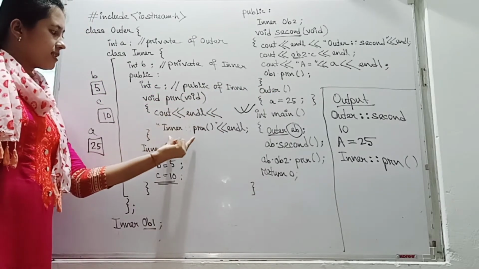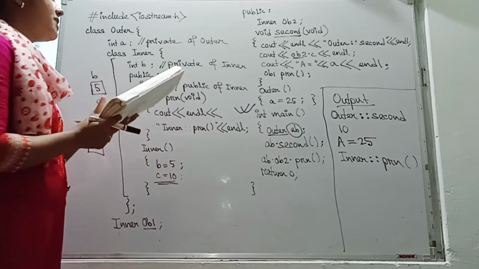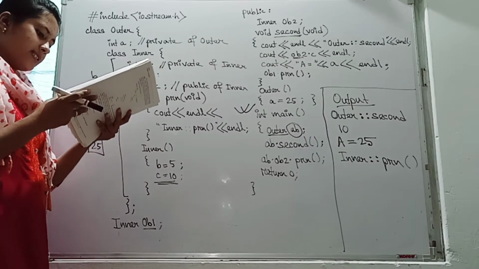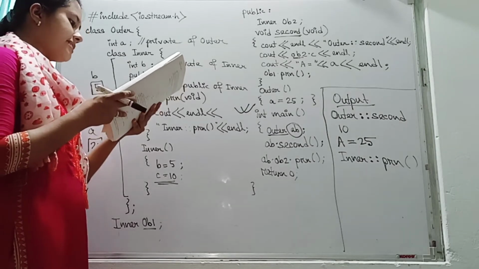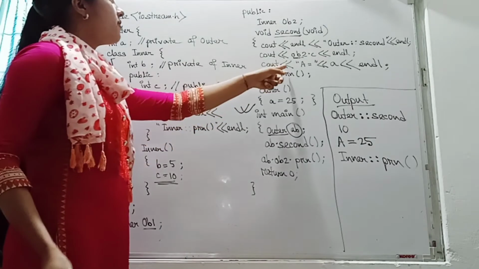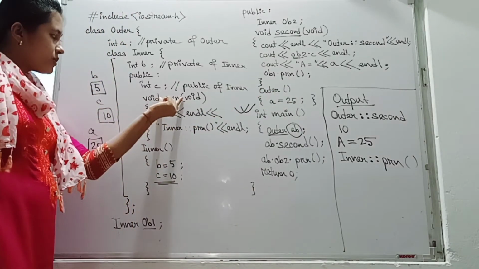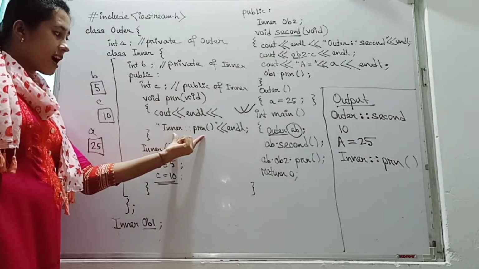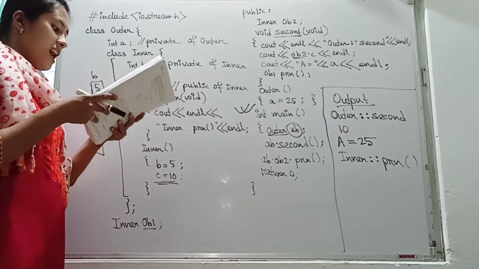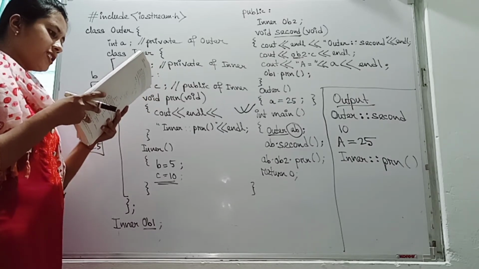Then you see ob1 dot prn. So here it has given us this one as the output. Now you see what will happen. This prn will give us the statement inside the second. Why the statement inside the second? Because when we have accessed this ob1 dot prn, it is going to this particular function, and what is it showing here? This one, inner prn. Okay. Now it will go to the second function, and it will display what?